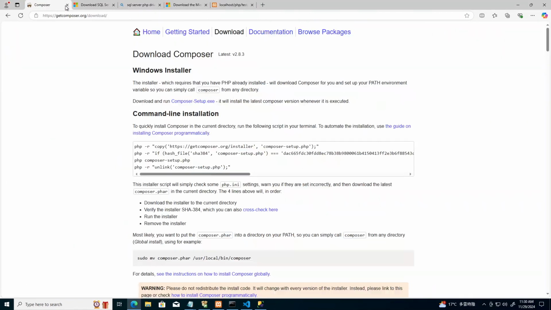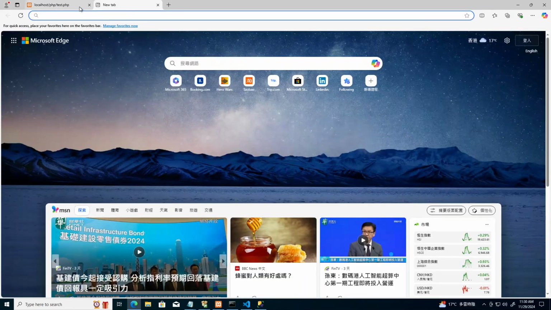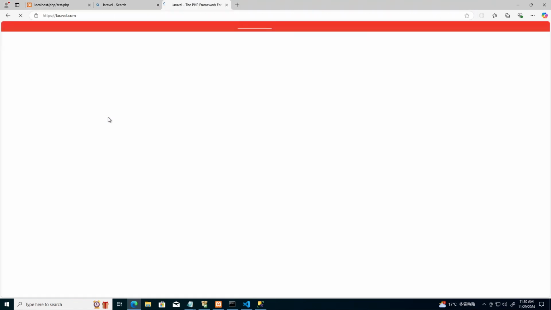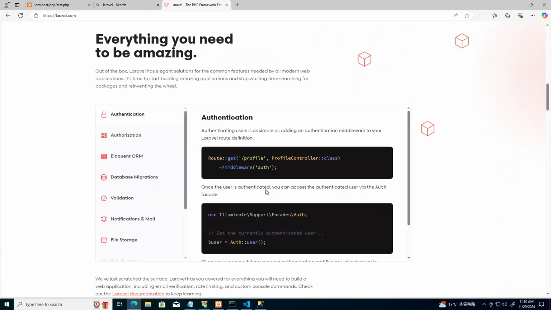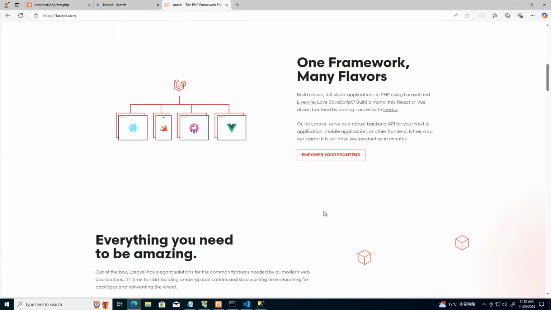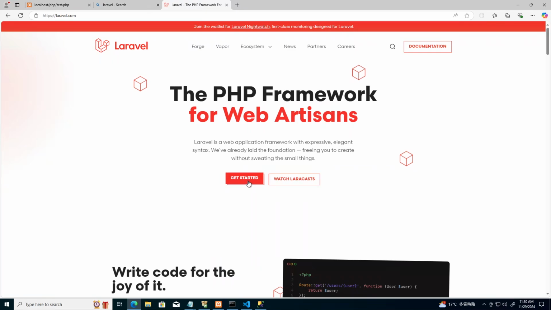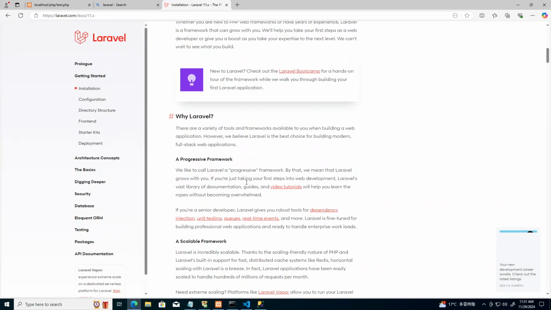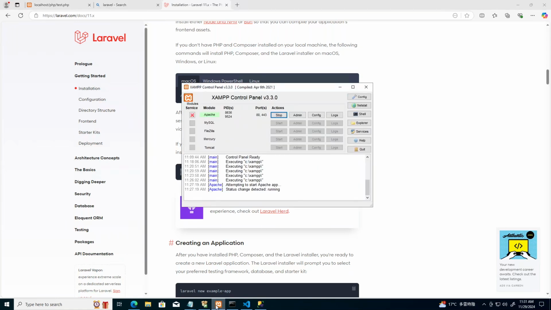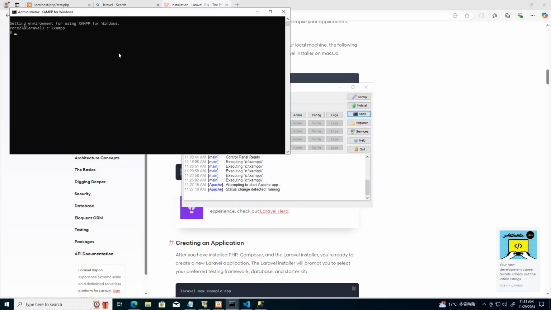I'm going to just quickly close all these tabs and go to Laravel. Installing Laravel is very straightforward, just because we have already set up the initial requirements. Just need to find this one: composer global require laravel/installer. Again, in the XAMPP directory file, just paste this one, and then